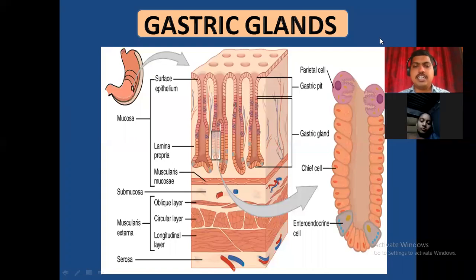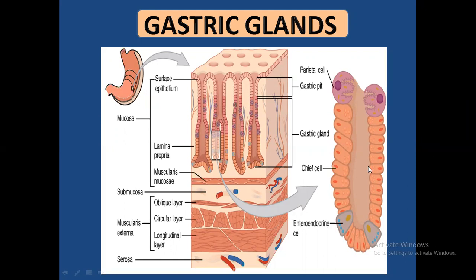Okay, gastric glands are present in the mucosa region. Mucosa is the part of the stomach. Now this gastric gland consists of different cells. You may see here chief cell, endocrine cell,